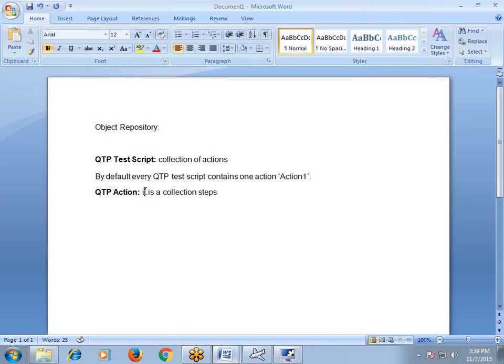Action is a QTP component. A QTP action is a QTP component. It is nothing but a collection of steps. The QTP test is nothing but a collection of actions. Are you clear? So whenever we create an action,